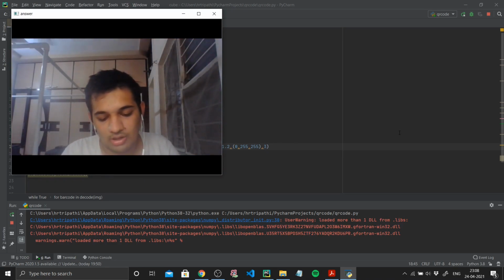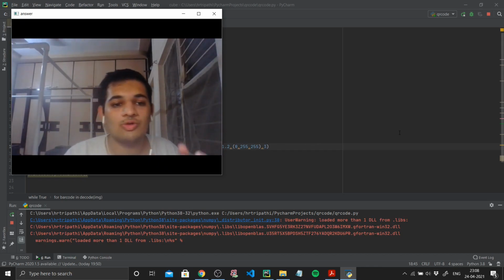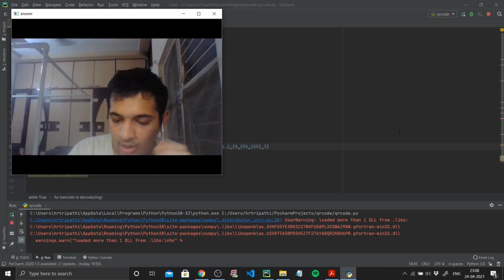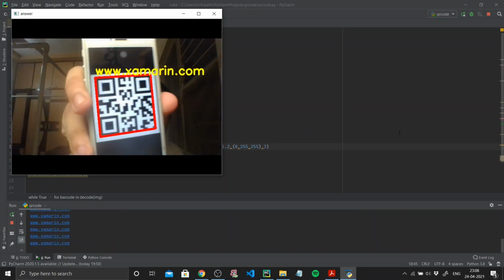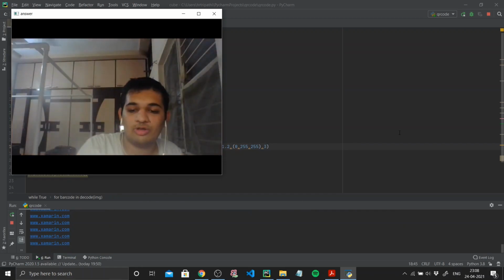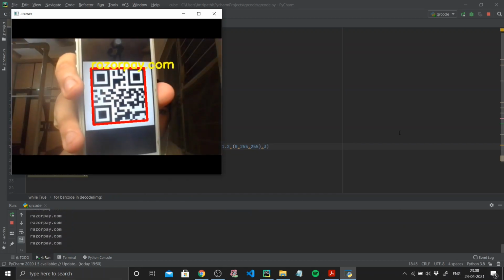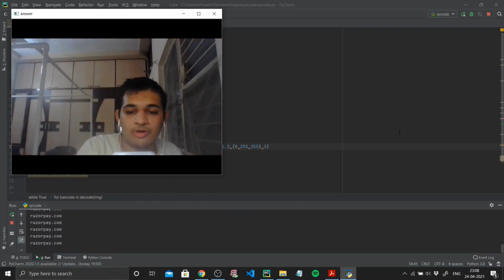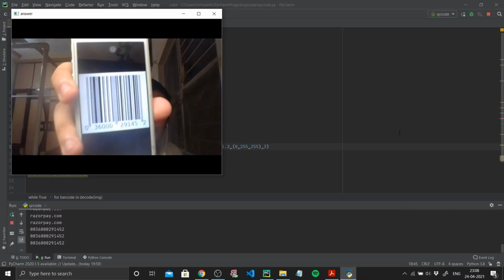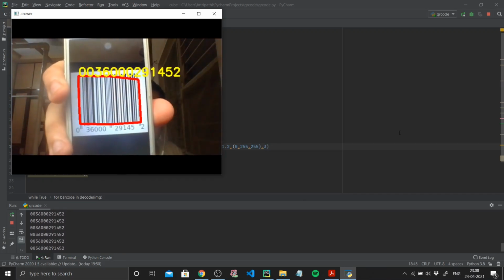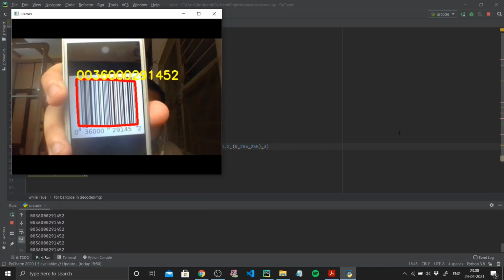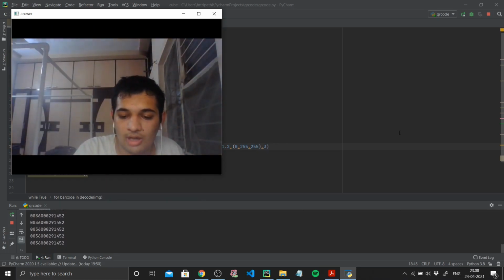Now, I'll show you some sample QR codes which I've downloaded. Say I've got this, some site called xamarin.com, and I just picked it up from Google Images. This is razorpay.com. Let's just try a barcode. So this is 0036, some number, and you can also have different sites.